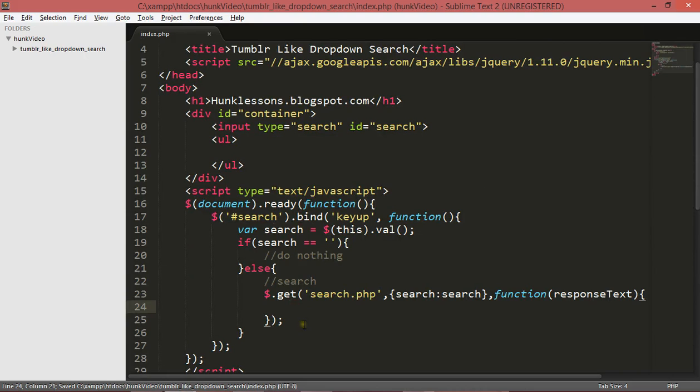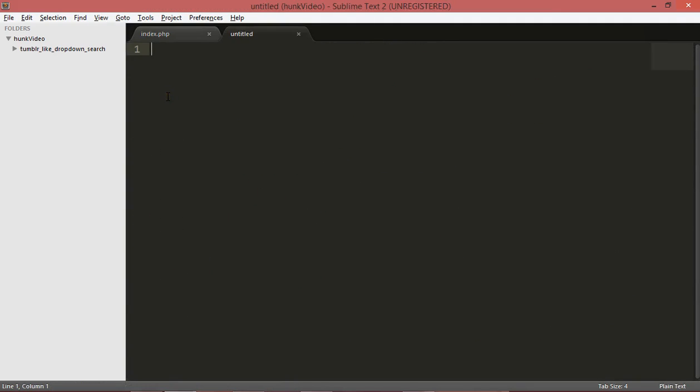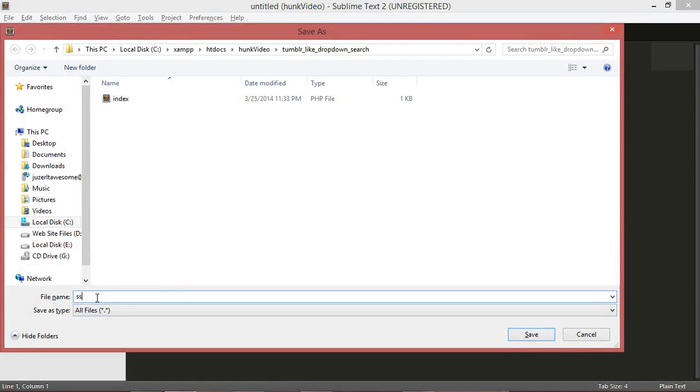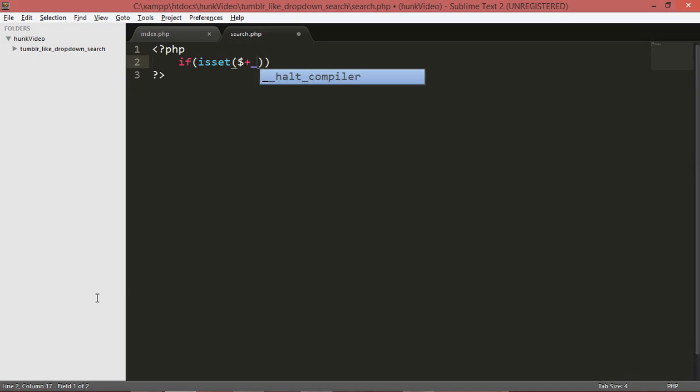Now we will do a search in our search.php page. We will create a new file and save it as search.php, and we will open our PHP tags, close our PHP tags, and check for isset $_GET search.